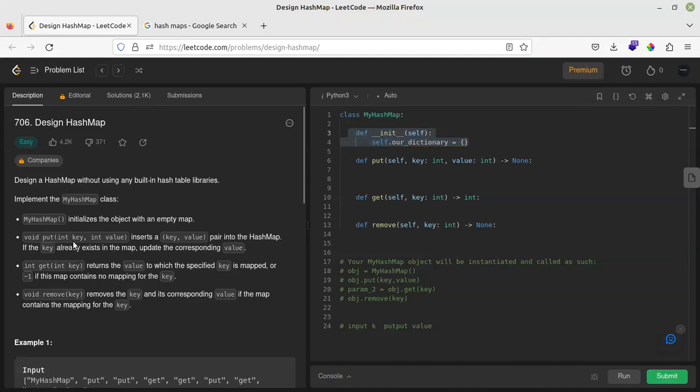So let's go to the next point, void put. It takes input of a key and a value. Insert a key value pair into the hash map. If the key already exists in the map, update the corresponding value. So with that